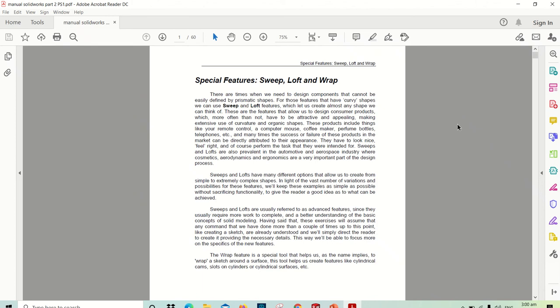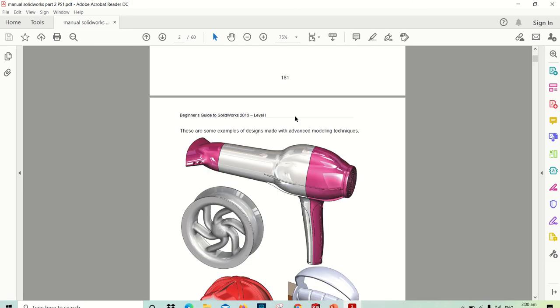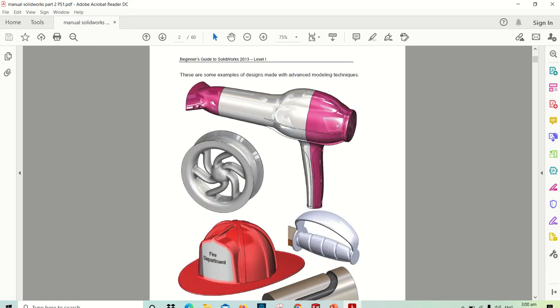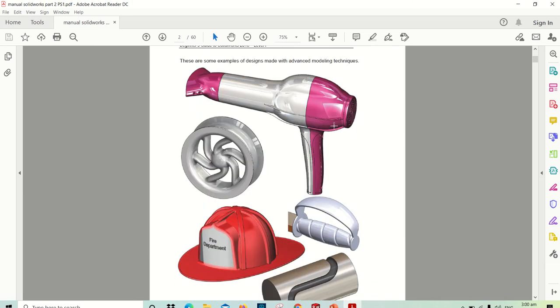For this training video, we will learn how to make special features, which are sweep, loft, and wrap. Using these commands, we will be able to draw, for example, these parts. We could not draw these parts with a regular extrude, cut, or revolve command, so we have to learn how to make a sweep, a loft, and a wrap feature in